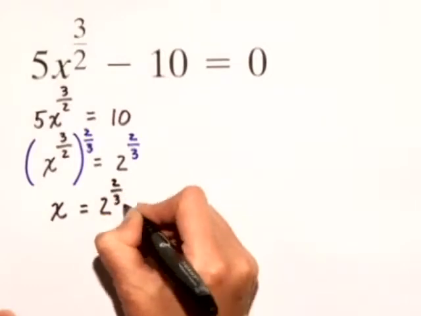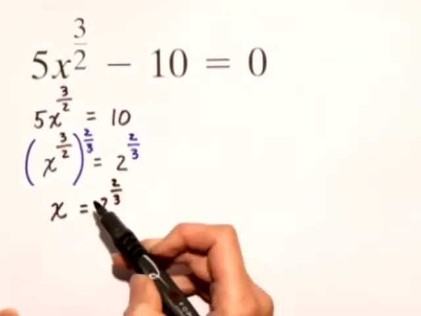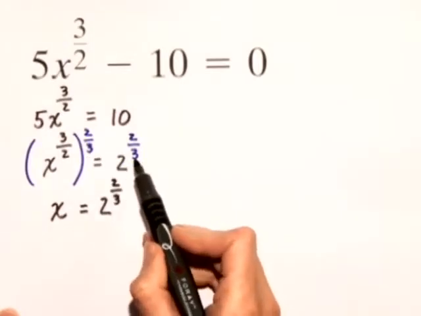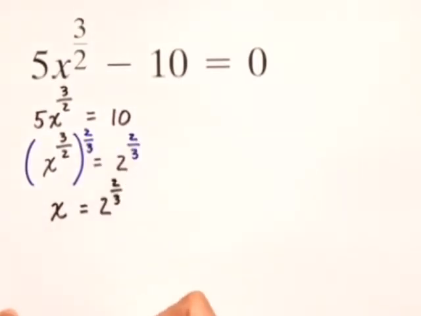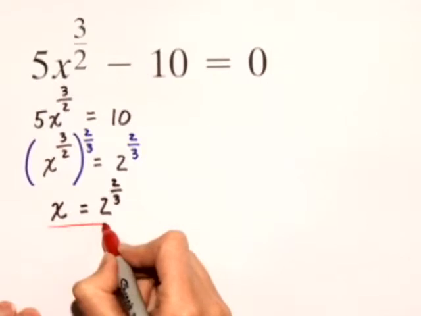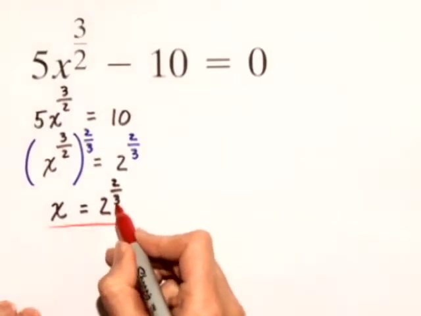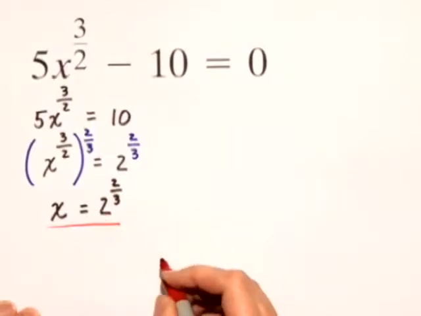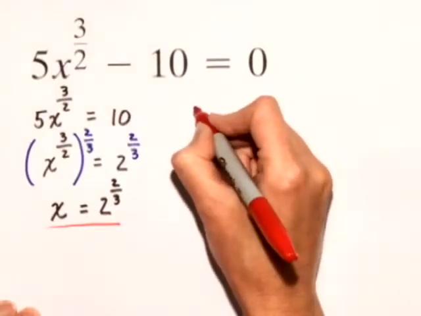to the 2/3 power. Now, when we raised both sides to the 2/3 power, we were really taking the cube root and then squaring. That's what rational exponents do. So it's important that we check this answer. We're going to check x equals 2 to the 2/3 power by substituting this value in for x in the original equation. When we check, we're going to have